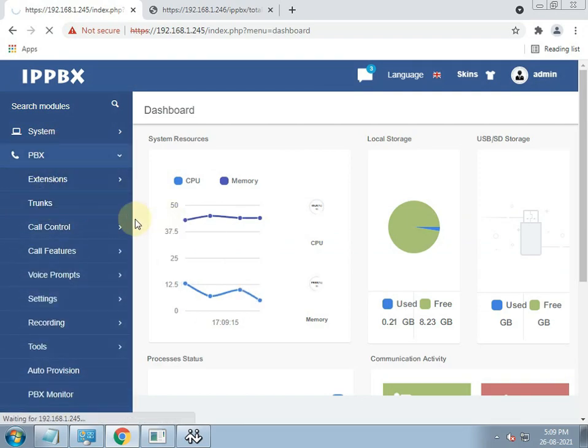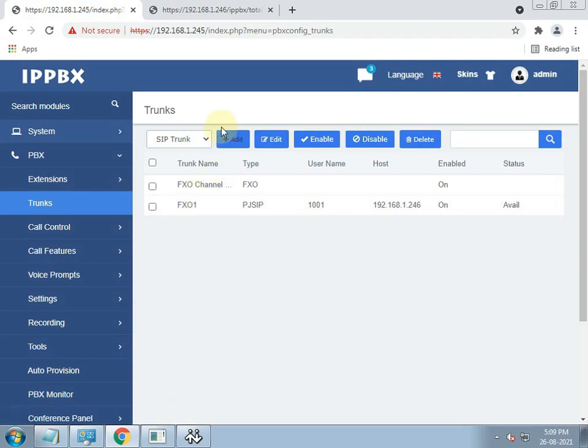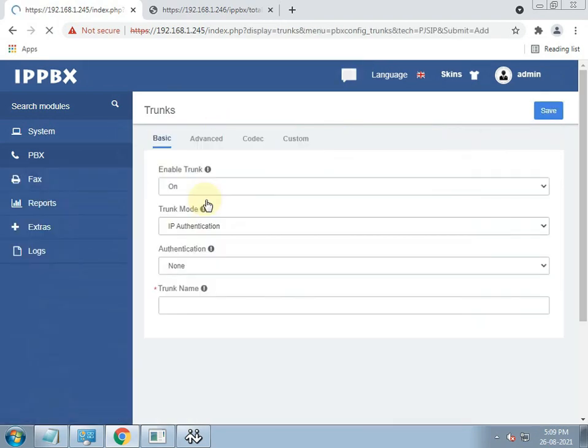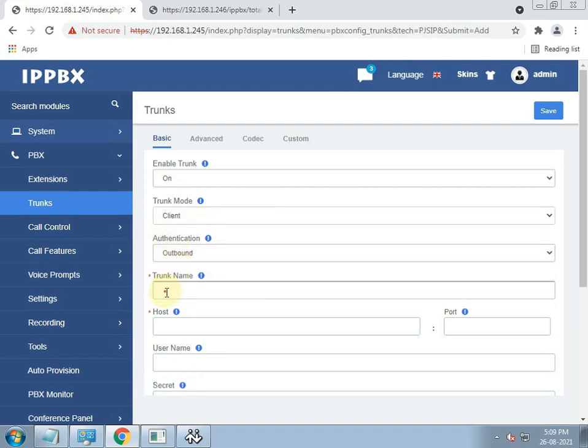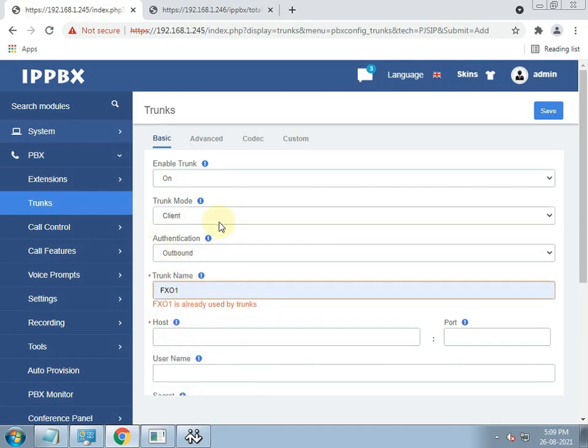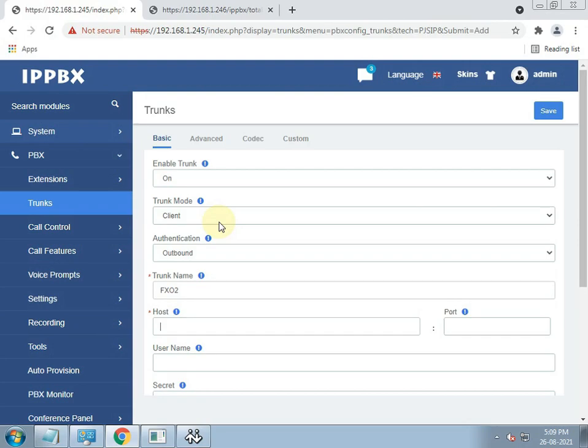Now we will create a second FXO in the PBX. Just follow my steps. We will create the second trunk profile named FXO2.